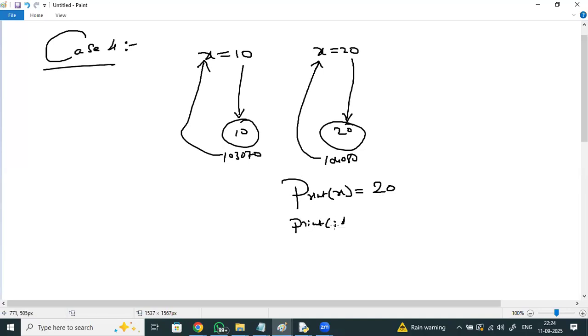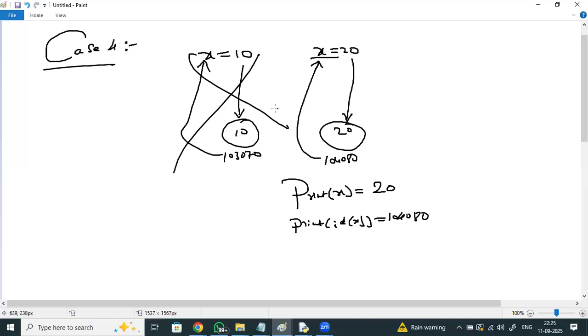Address of X, the latest one. What is it? 104080. See, X can store only one value, and X can store only one address. First, it will remove X equal to 10, and X equal to 20 gets